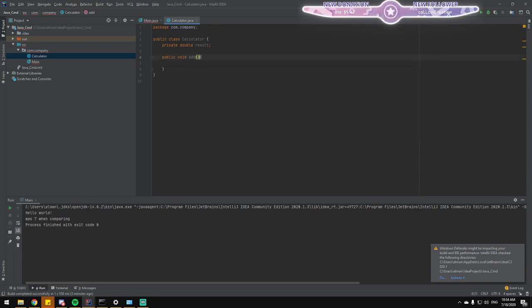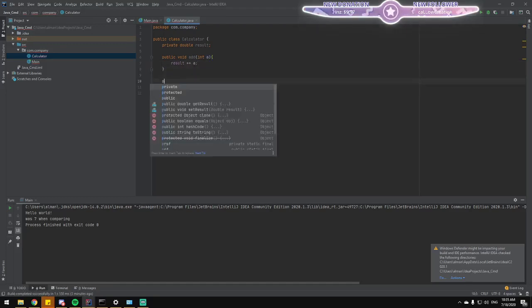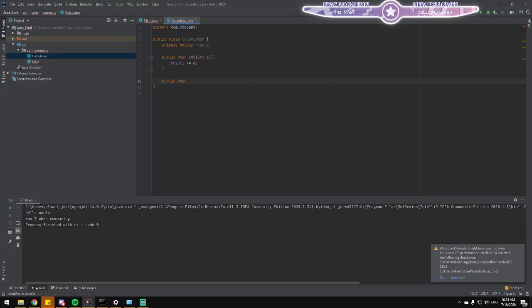So if we add two numbers, if we add a number, we have result plus equal a. Why am I doing int? I don't know. Why do I call it a? I also don't know. Yeah, camel case.